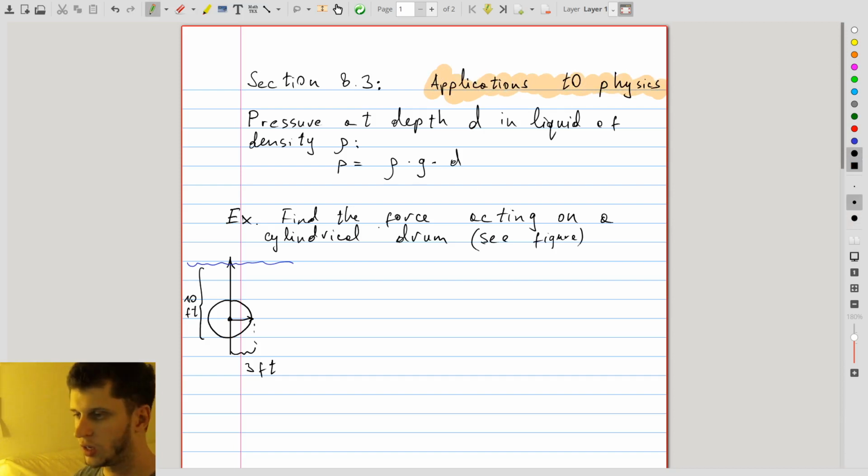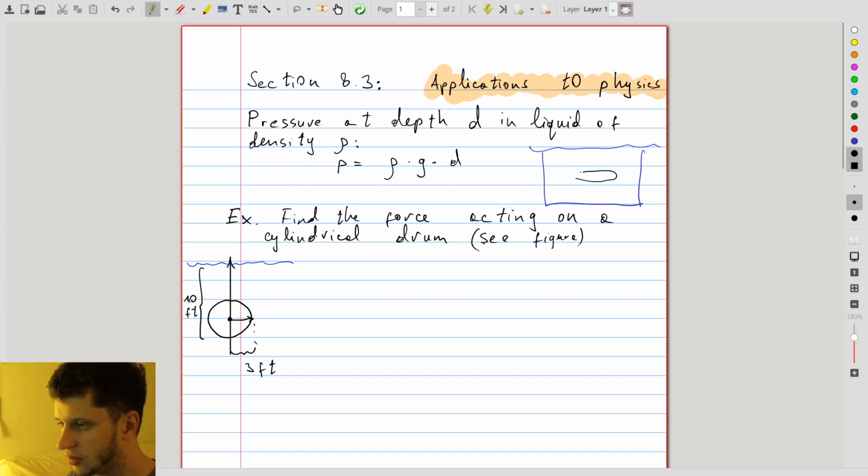So suppose you have a certain body of liquid, right? And in this mass of liquid, say water, there is a floating shape. This shape floats at the depth d. Then you can find pressure at the depth d using this formula here, where in the formula